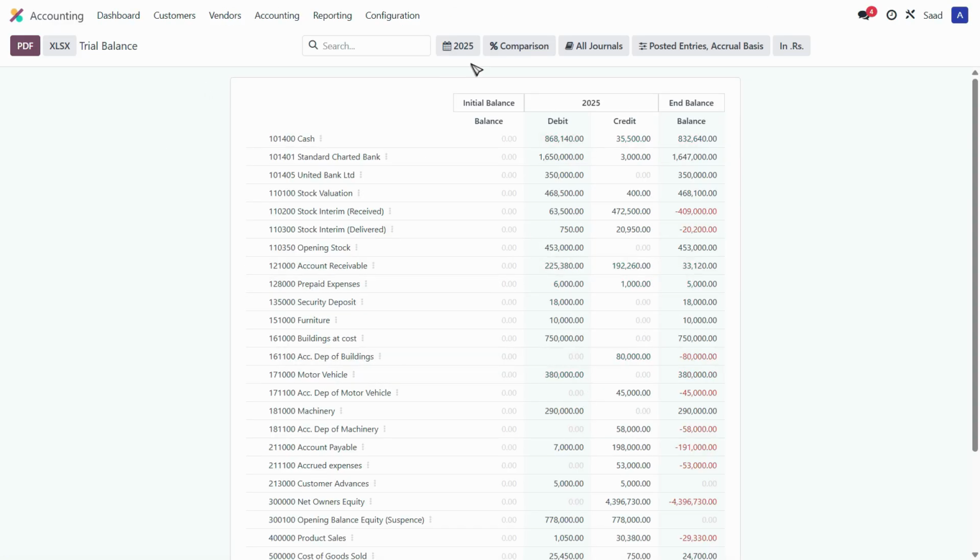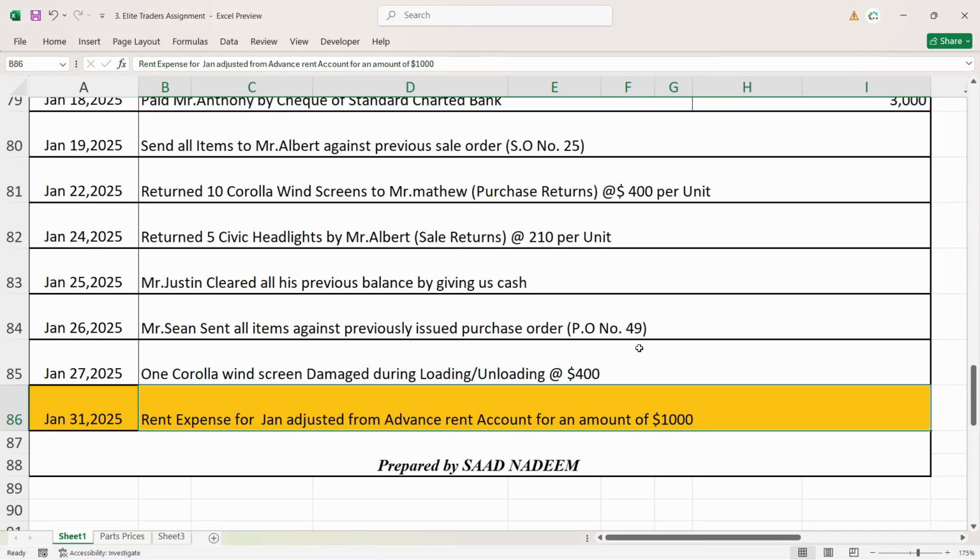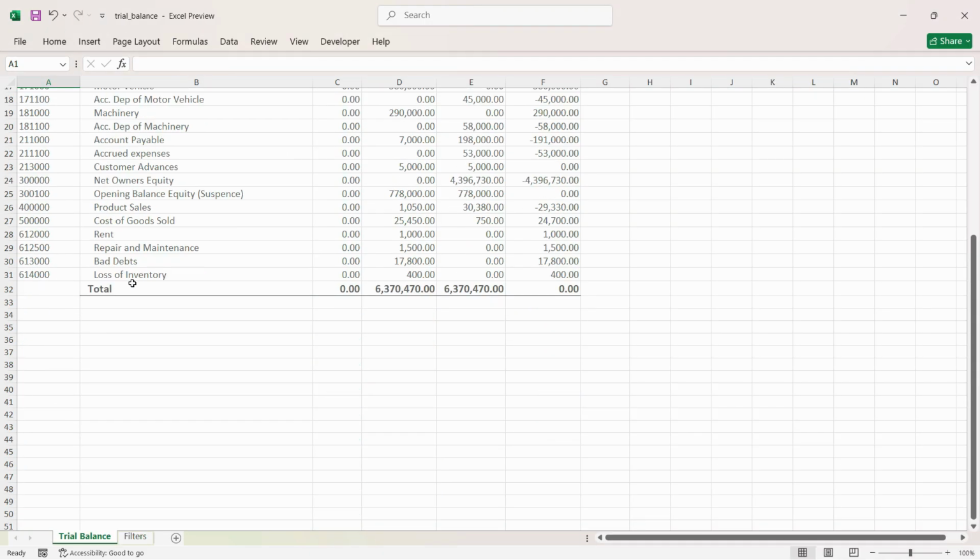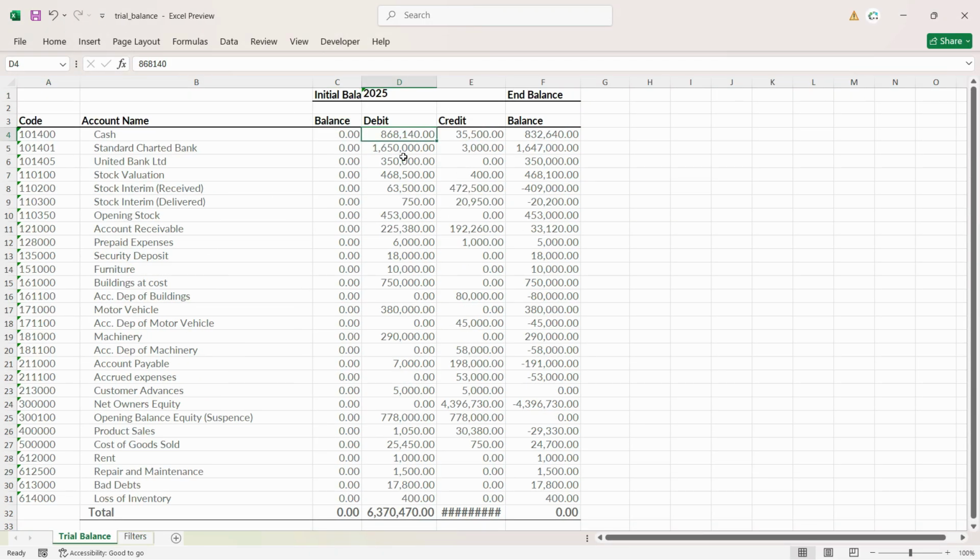And let's say that now if you want to export this, we have the PDF option and XLS option. Just click here and the download will automatically start. It's downloaded and it looks something like this. As you can see, it's a very simple template, easily understandable, and that's how you can extract the trial balance report. What I'll do is I'll attach this report with the resources section of this video so that you can